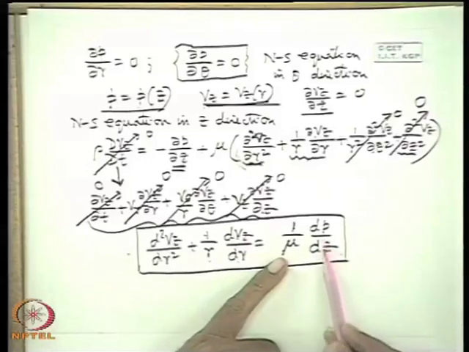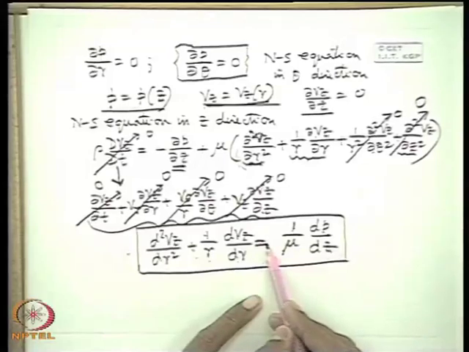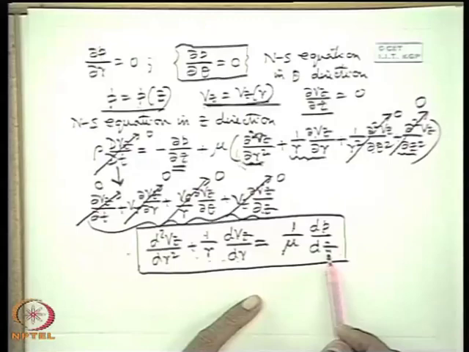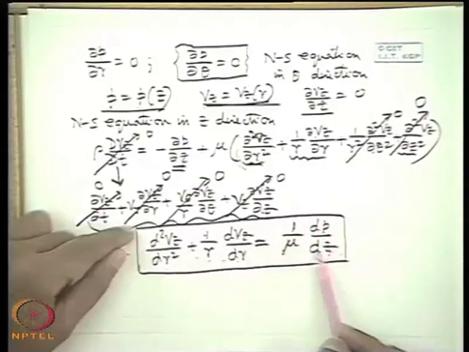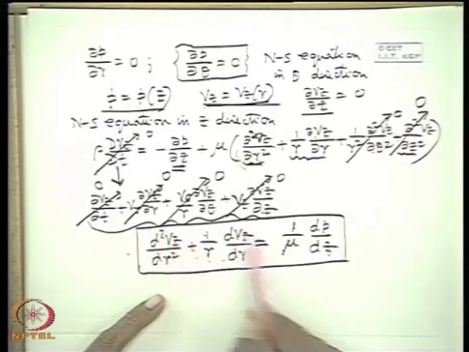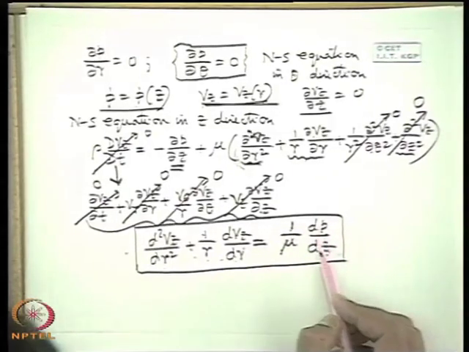And since P is a function of z, the option for the right hand side is either a function of z or constant, depending upon whether P is a linear or non-linear function of z. But a function of r cannot be made equal to a function of z. So the equality between the left hand side and right hand side tells that this is constant and this is constant. They can only match at a constant value, which means that Vz is a quadratic function of r, so that this gives a constant value independent of r, and P is a linear function of z, so that dP/dz is constant.